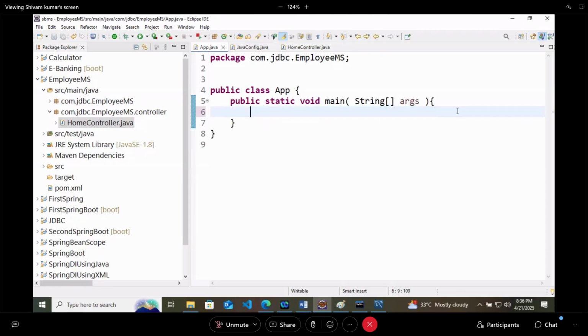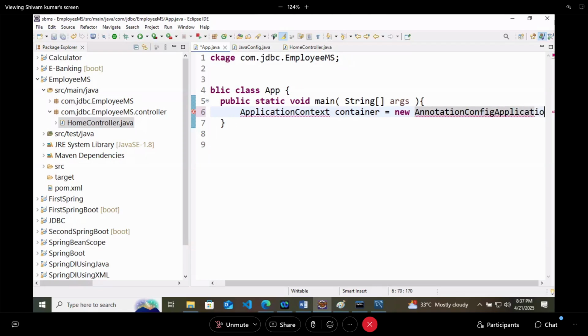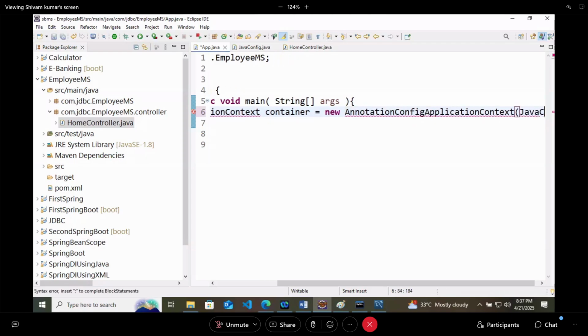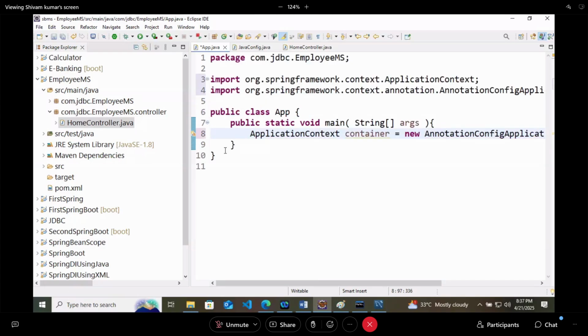So at first we should configure a container here, that is ApplicationContext container equals new AnnotationConfigApplicationContext. And which class do we have to give here? JavaConfig.class, right? Now we will ask our container, do you have a bean of home controller?